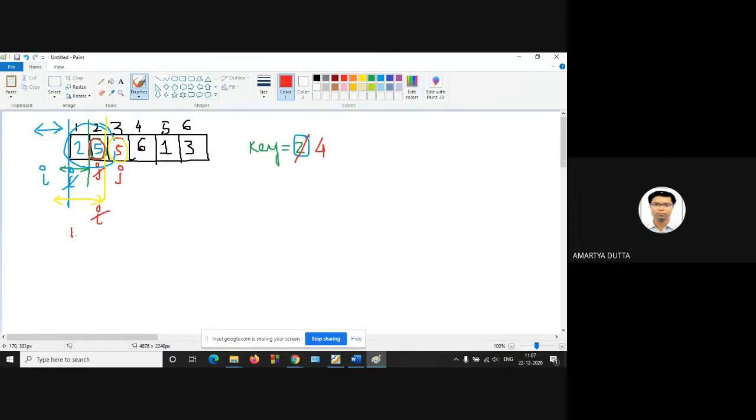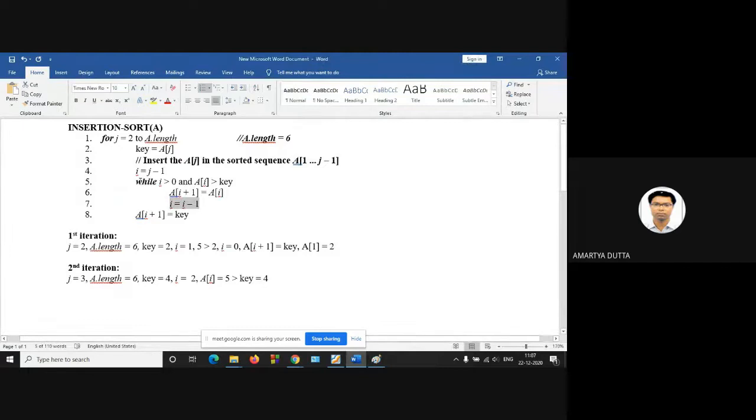So this is your new i value. Now, while i is greater than 0, yes, now your next i value is 1. So 1 is greater than 0.